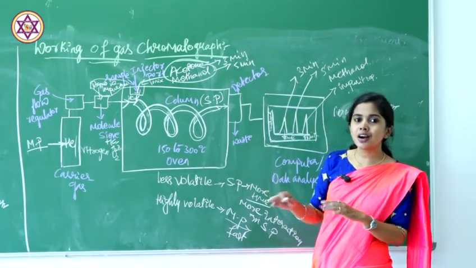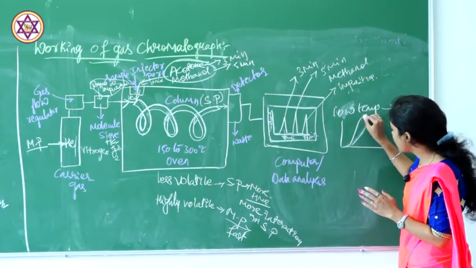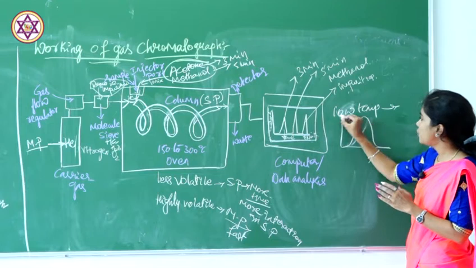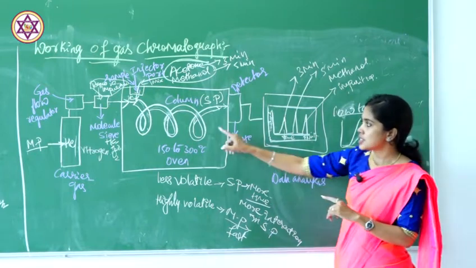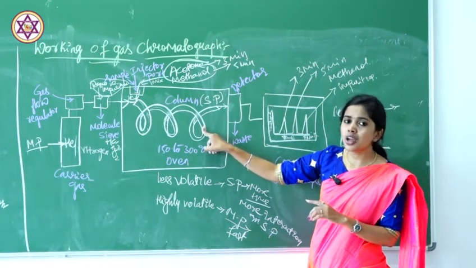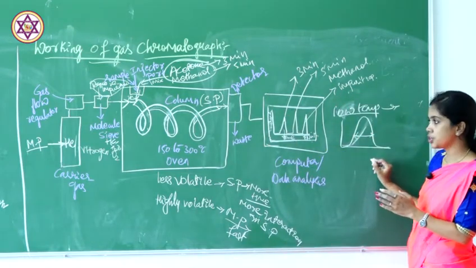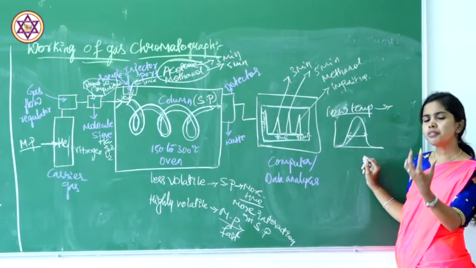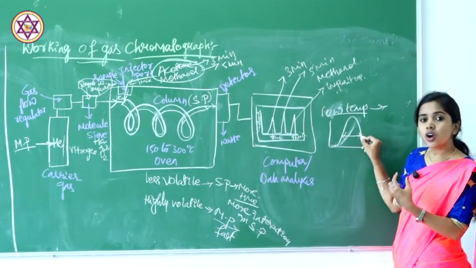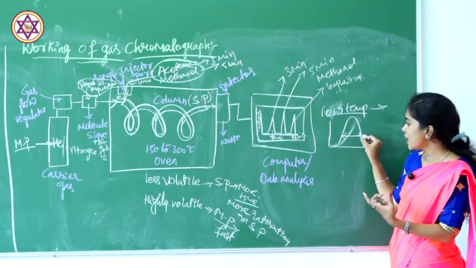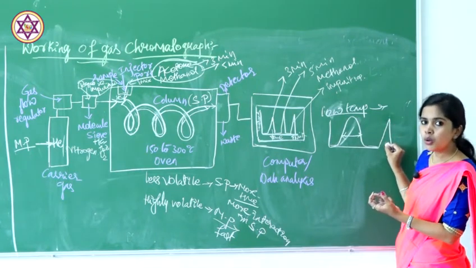We are going to get a larger band. If low temperature is there, then it will stay longer time in the stationary phase. It will not elute out faster. The area depends on the concentration. If it interacts more with the stationary phase and this area is more, we call it the concentration is more. If the area width is small, then a small amount of compound is there.